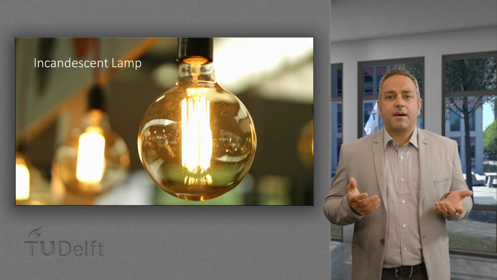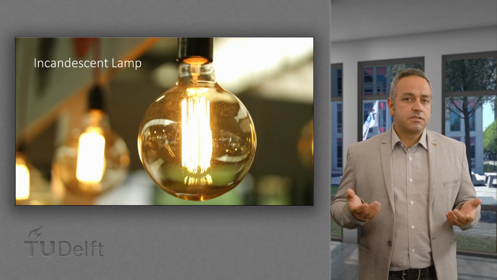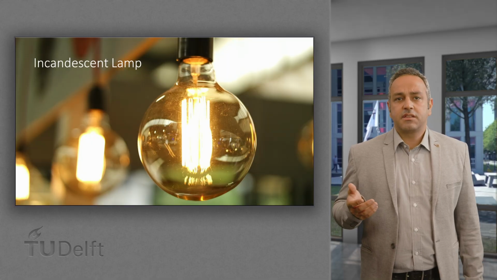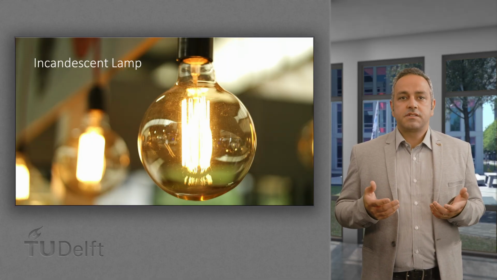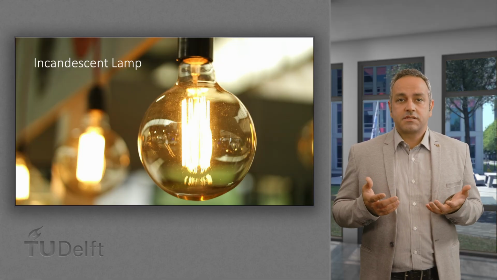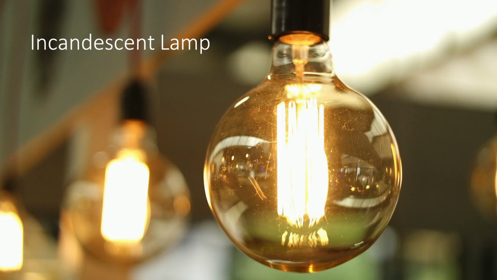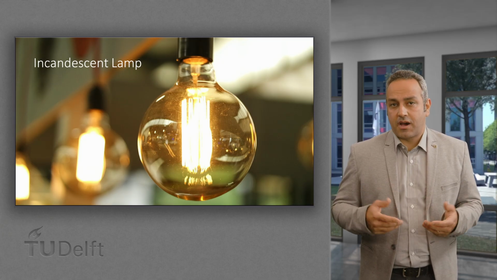The incandescent lamp is the oldest type of lamps. It consists of a thin filament that conducts electricity. When switched on, the current heats the thin filament and radiates light. To prevent oxidation, the filament is inside a glass bulb filled with an inert gas. This load is a purely resistive load, therefore, it only consumes active power.